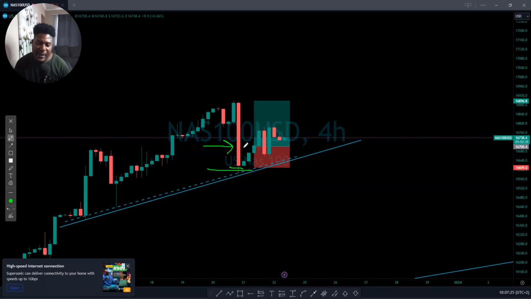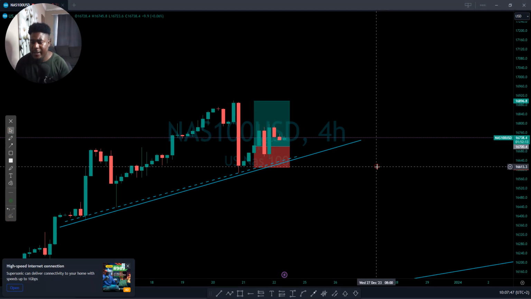So I saw it a bit late, but I sent the signal. We did actually go half towards our take profit. I hope everyone's out, and I hope you did eat on that. For now I'm expecting the market to just consolidate, but the overall picture is still very bullish. Simple as that. So let's push to the next one.